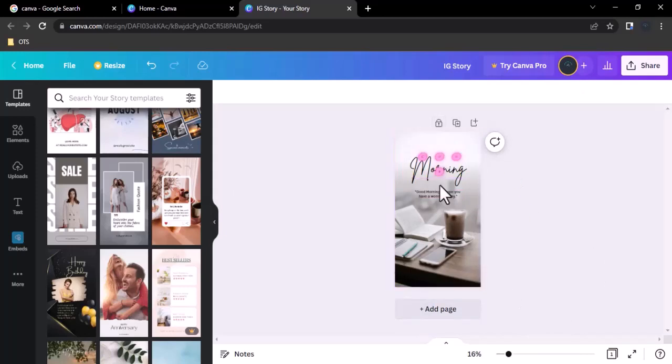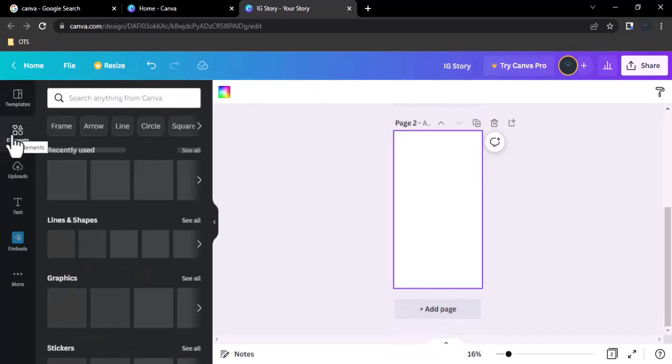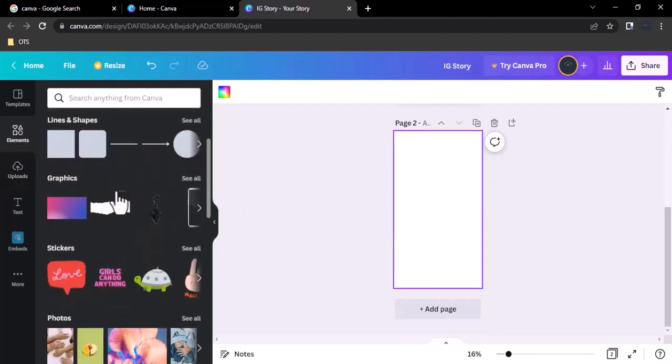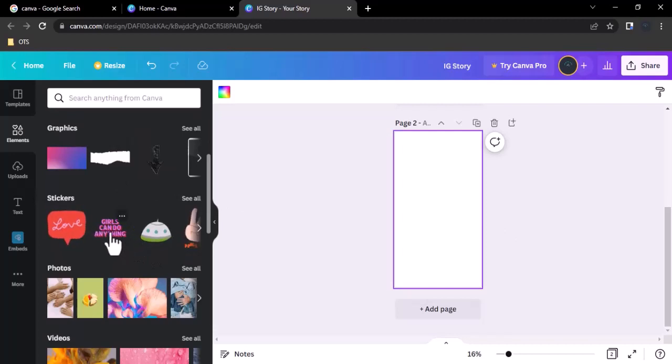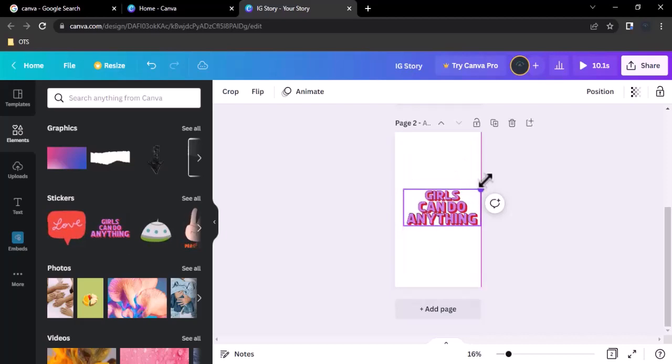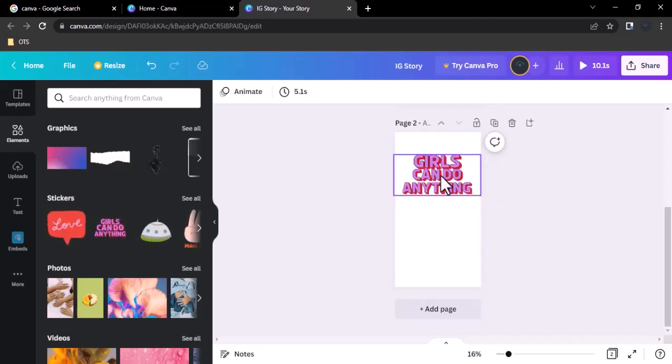You can lock this design so you don't edit anything you don't want to. But let's start from scratch here. So here you can add different elements onto the screen. Let's say that we want to have a girls based post. Girls can do anything. These graphics themselves don't need to be edited too much, but if you would like to edit,